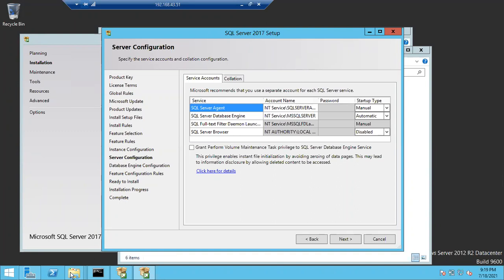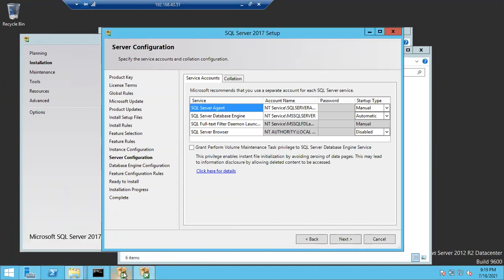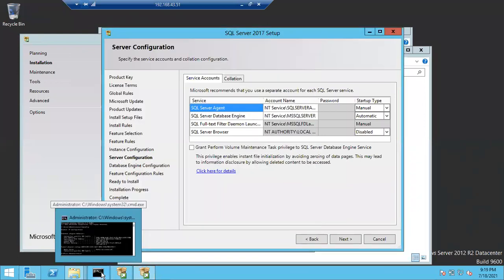Because all the services will work on the default service accounts only, which will cause performance issues for SQL Server. So on behalf of SQL Server, I'll create a separate service account for my SQL Server. It will act as a separate maid for my SQL Server, which will take care of my SQL Server operations.